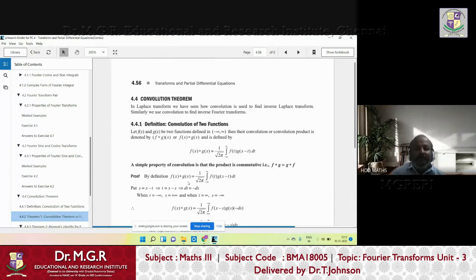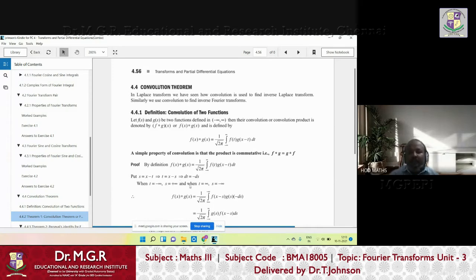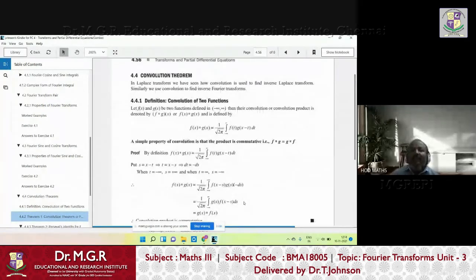So now for the next 10 to 15 minutes, I'll teach you the two important theorems in Fourier transform, right? One is the convolution theorem, another one is Parseval's theorem. But Parseval's theorem is already there in the Fourier series itself, right? And here also the theorem is there, but here the statement is a little bit different. But before that, all these things are based on one definition, that is called convolution. What is the meaning of convolution? So I will just tell you the definition of convolution and then explain the two theorems. So only 10 more minutes, you just follow me.